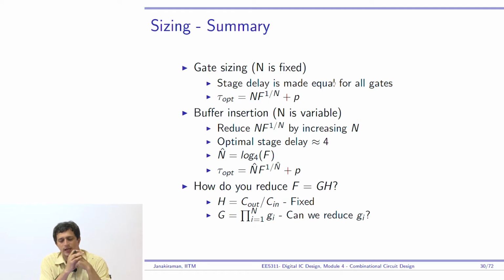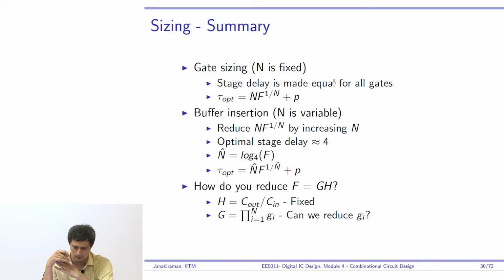Critical part of gate sizing, right? And the summary of gate sizing is as shown here. Basically, if the number of gates in the path is fixed, that is n is fixed, then the stage delay, or the stage effort, should be made equal for all stages. You should not have one gate doing more work than the other gate. Okay, and therefore the net minimum delay that is achievable in that way is n f^(1/n) plus p,